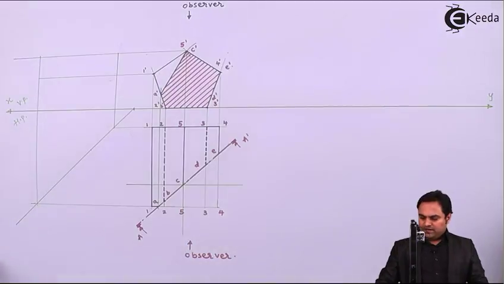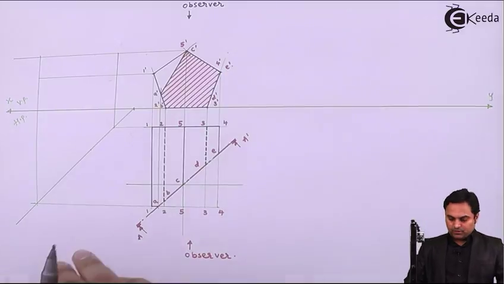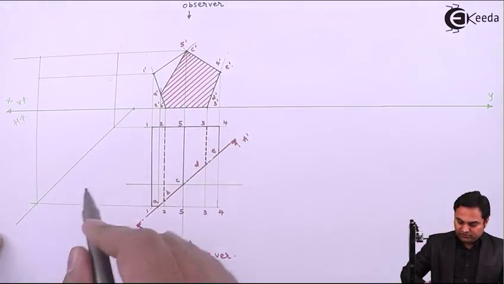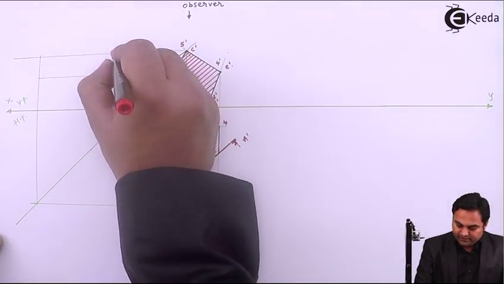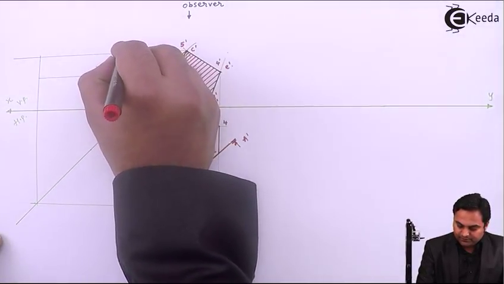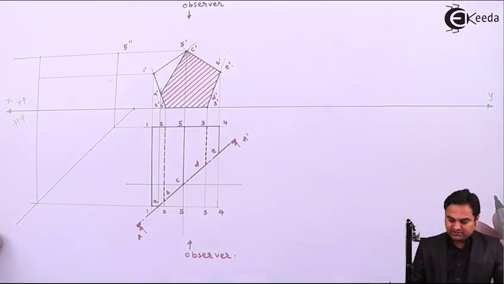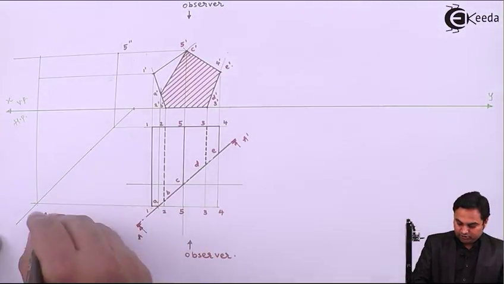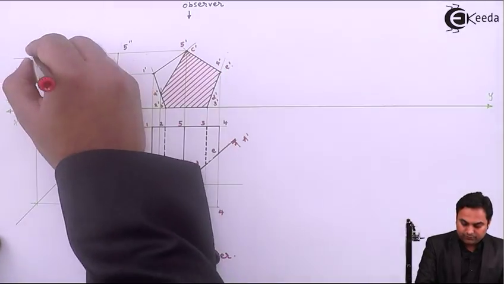Now I'll mark the points here, 5 dash, and here we are having 5 on this line, so where they intersect, that will give me the point 5 double dash in the side view. Similarly 5 is also there at the bottom close to the observer, so point 5